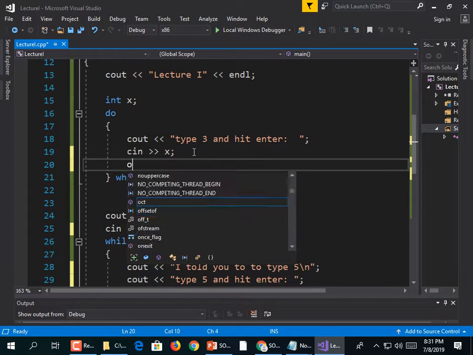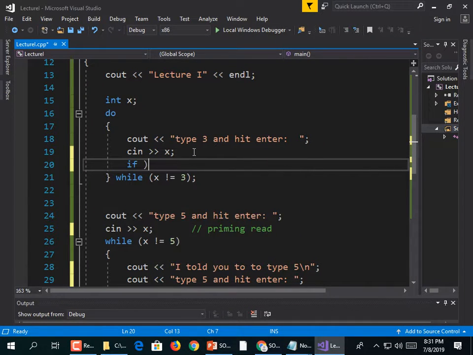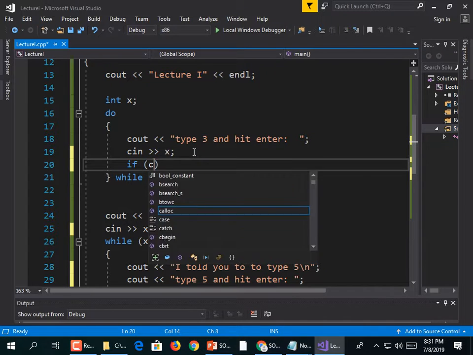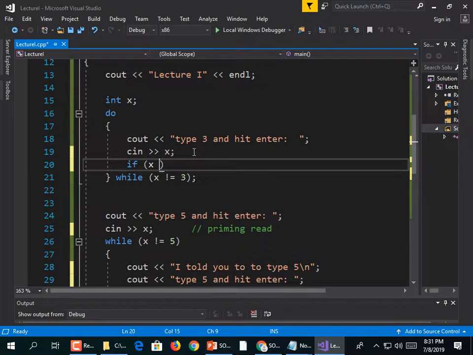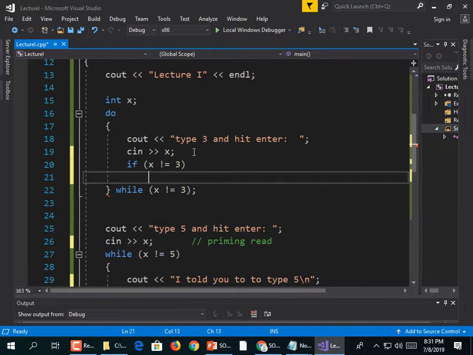Let's check. If (x not equal to 3), cout << "I told you to type 3\n";